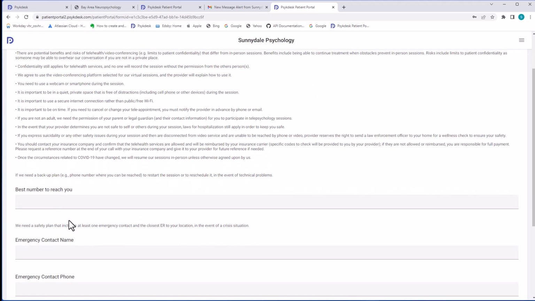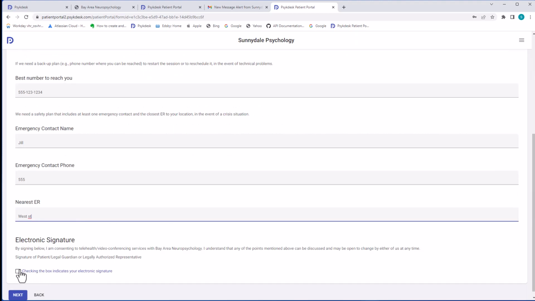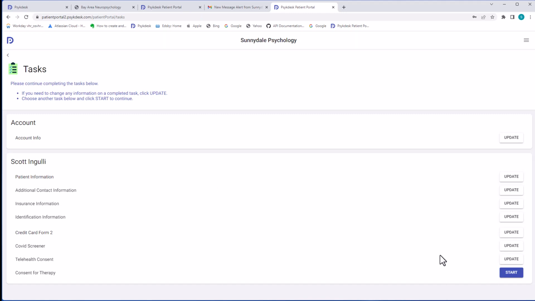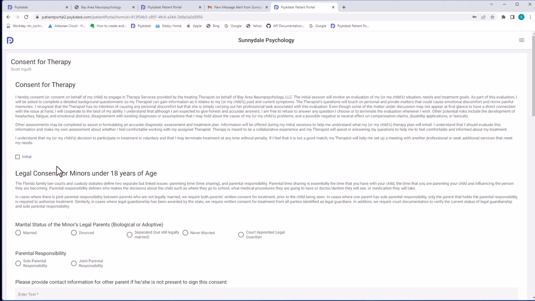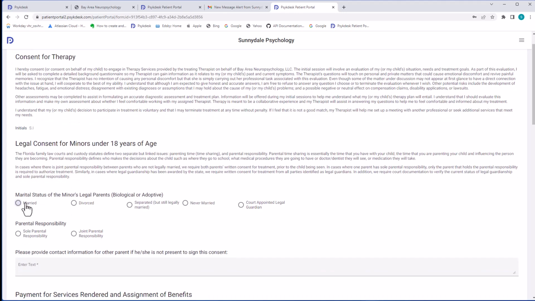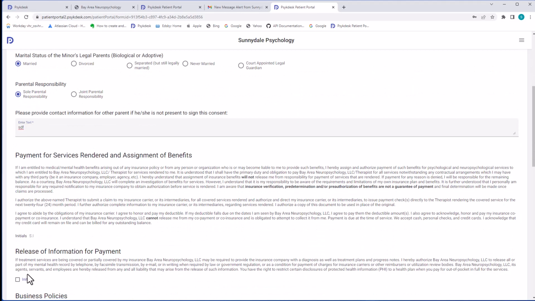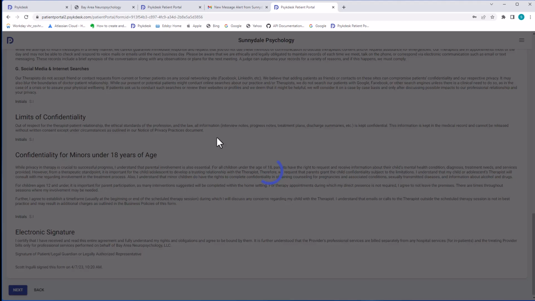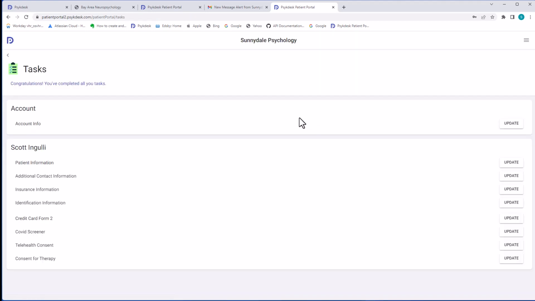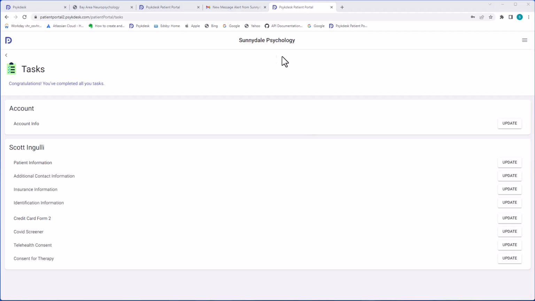Telehealth consent. Okay. And finally, the last form. So, married. I'm just going to sign all these things to get through it. Okay. So now as the patient, I've completed all my intake forms and I am ready for my appointment. Then just to finish off